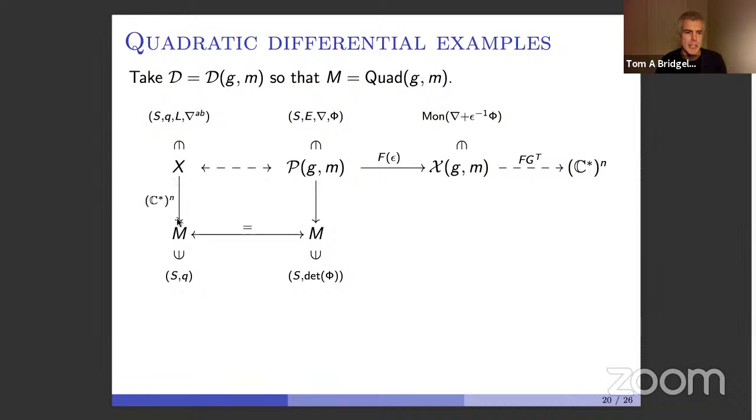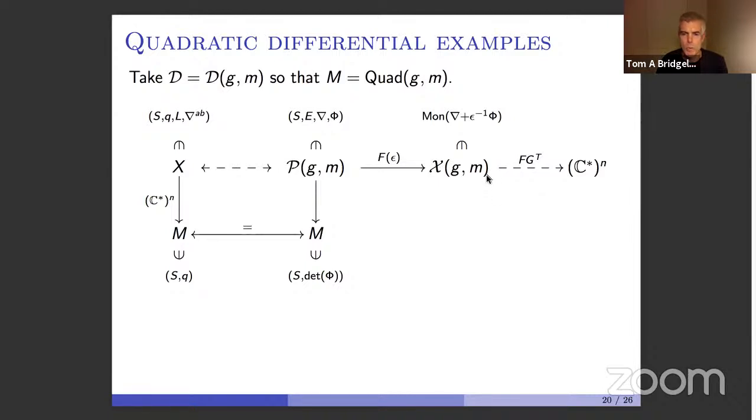So putting this all together, for each point in M, you get a map from C star to the N, this fiber, to C star to the N. And that's depending on epsilon. And that's your solution to the Riemann-Hilbert problem. So it's a bit of a complicated story. And the point is that,